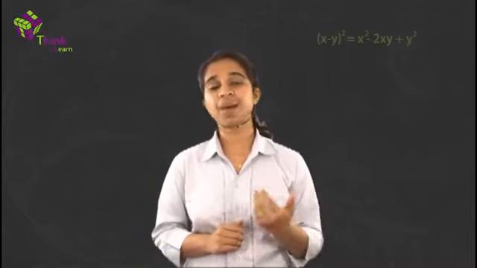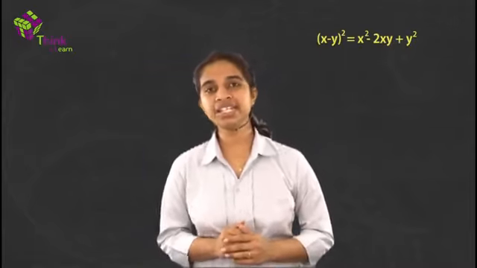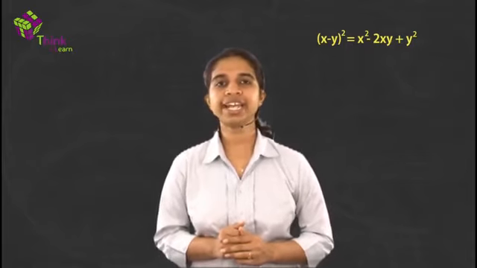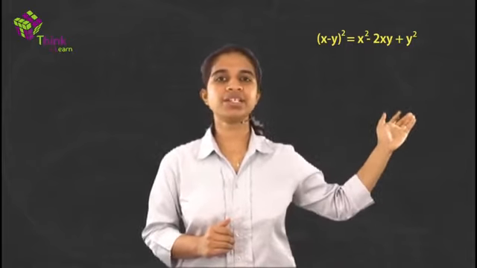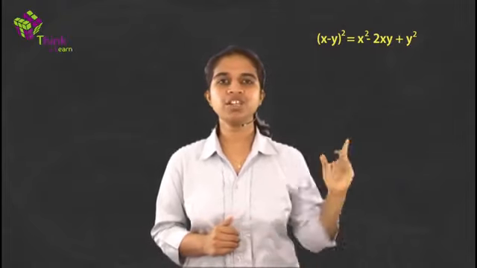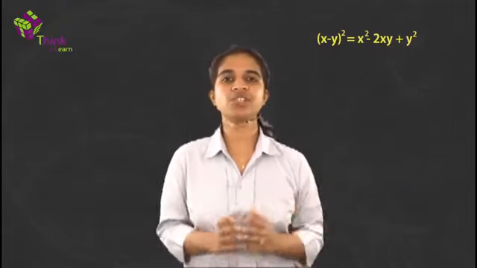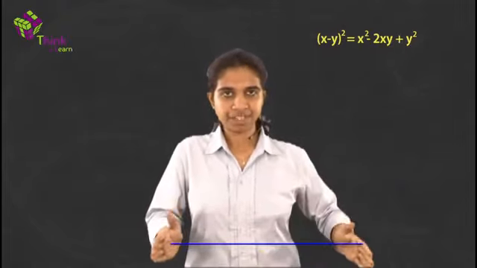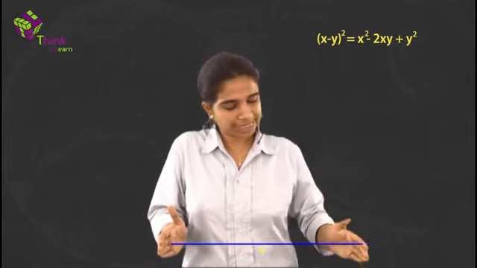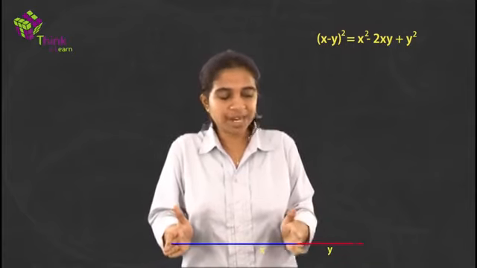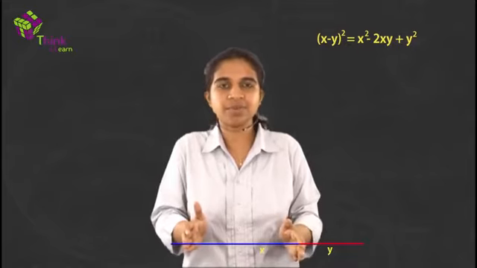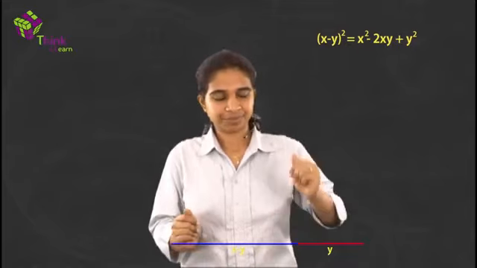Now if you have x minus y instead, x minus y the whole square, what do we get? You have x square minus 2xy plus y square. You've learned this expression, right? How can you visualize it? x, right? Now you have to subtract y. So let me take some y units behind it. So I'm subtracting y from x. This part I'm left with will be x minus y, right?